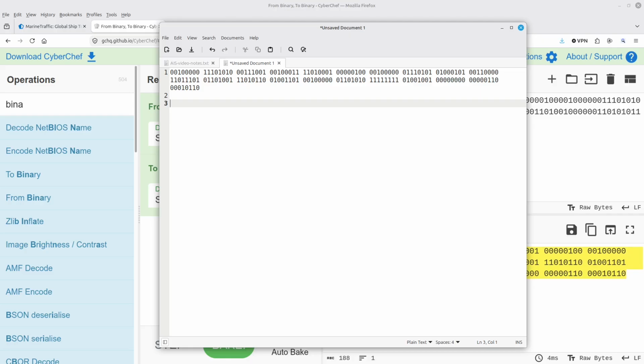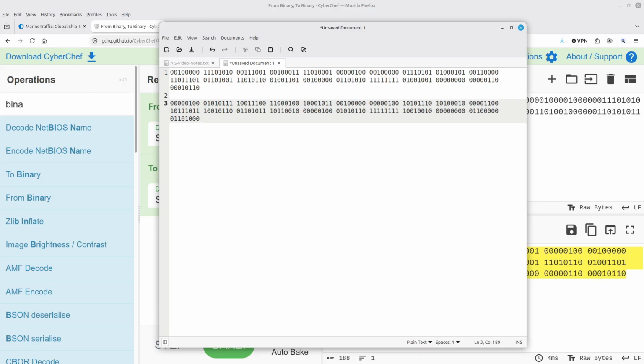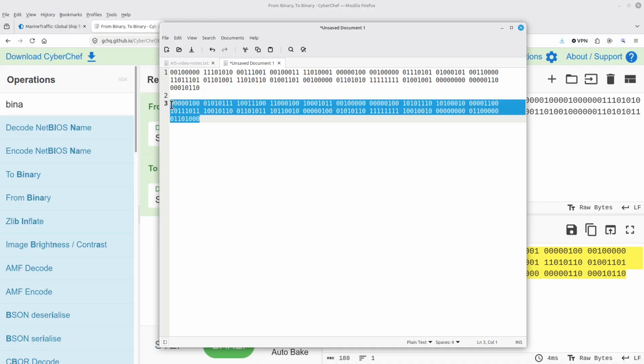This is the fun part. And there it is. Each one of the bytes has now been reversed so that we're back to our original most significant bit first data.